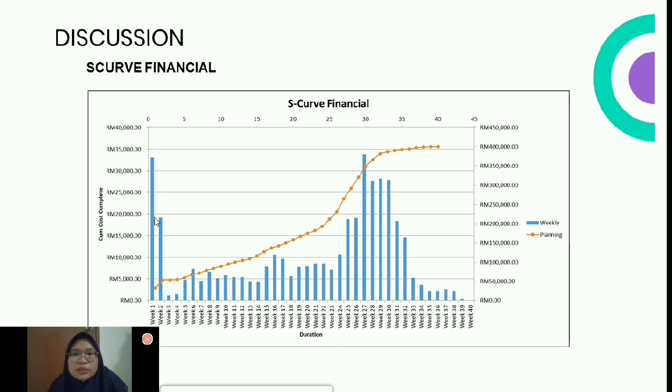The blue bar chart shows the weekly progress of the cumulative cost complete, which is week 1. What is the cost that has been used? Week 2, week 3, until week 40. You can see here how much cumulative cost was used for 1 week.